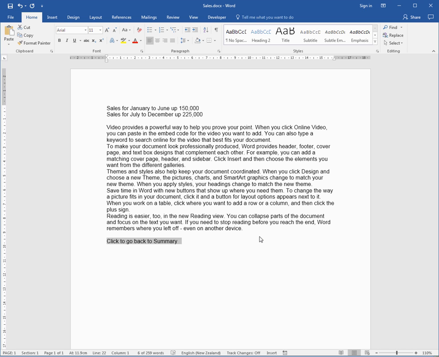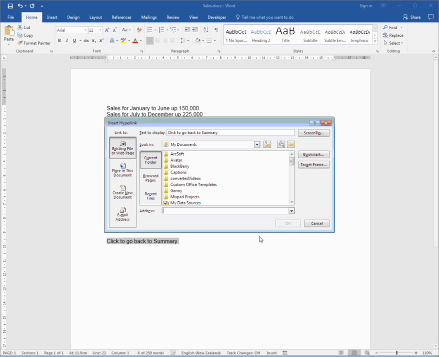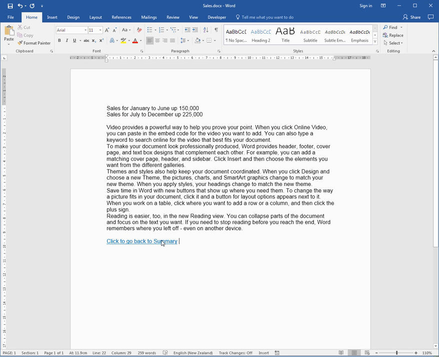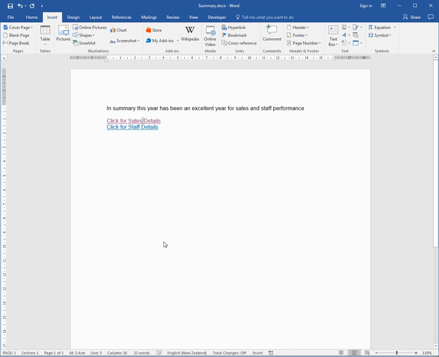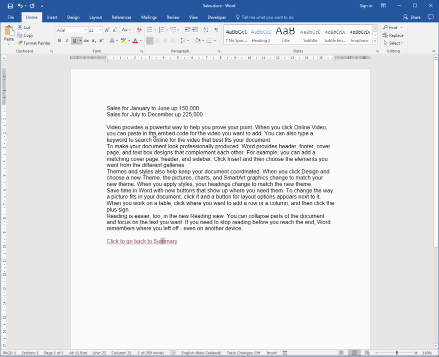I'll highlight this text and I'll press Ctrl K. I'll tell it I want to go back to the file called summary, and OK. I'll click it and it takes me back to summary. I'll click this and it takes me back to sales. This time I'll take a copy of this hyperlink text, Ctrl C, and when I click it to go back to summary,